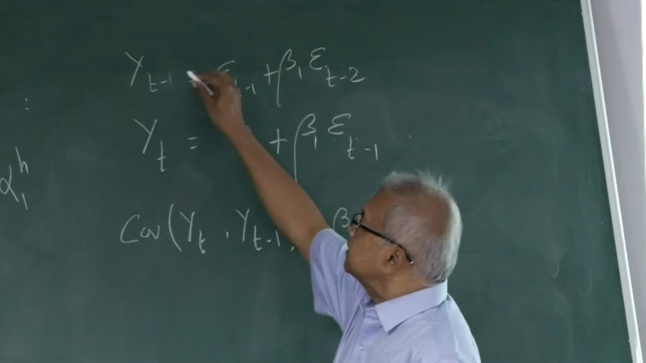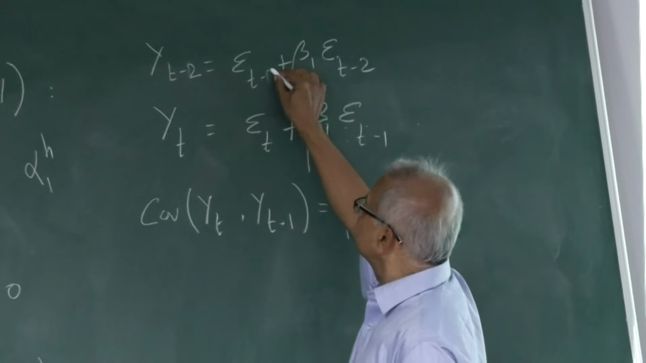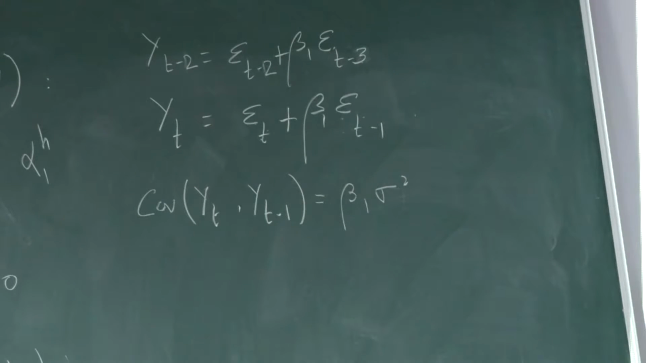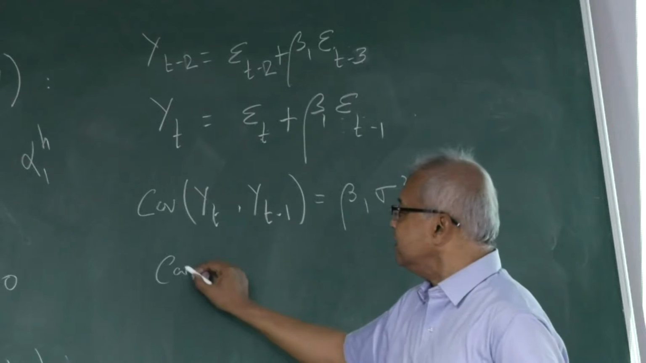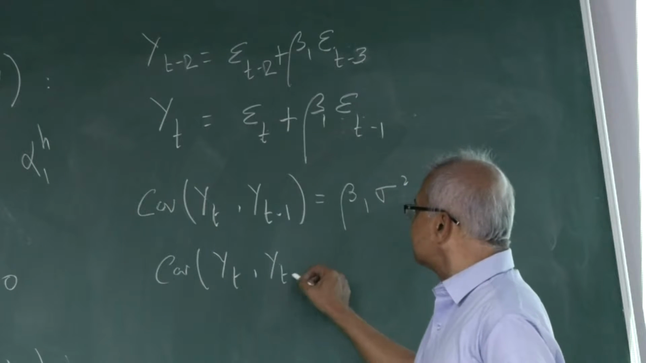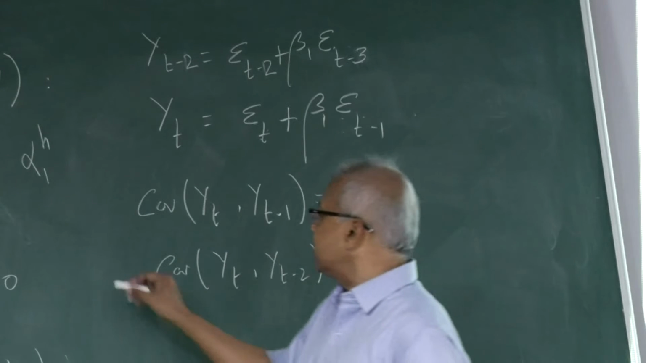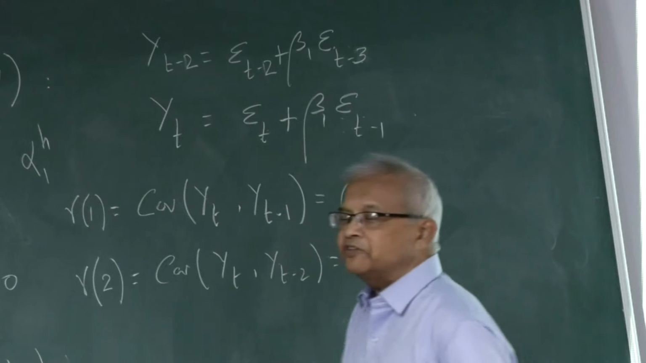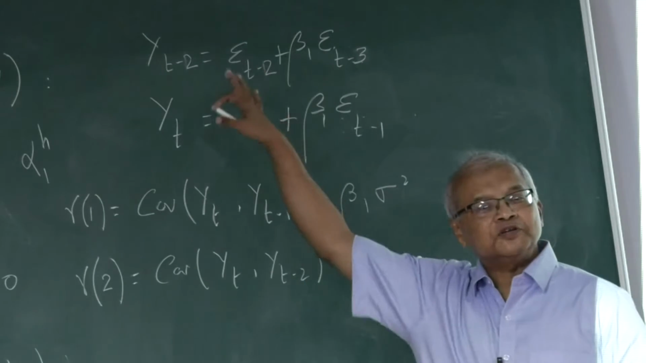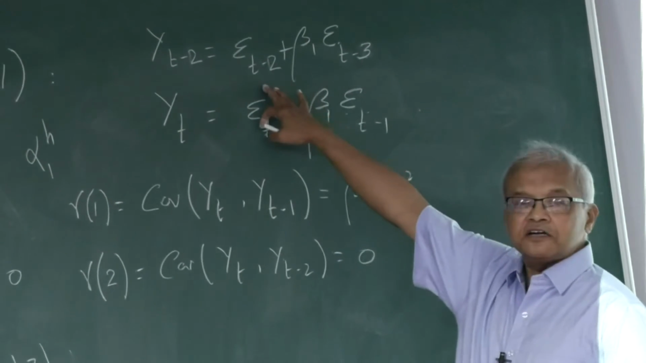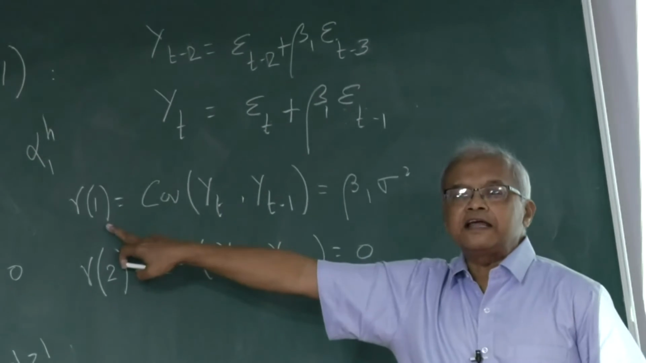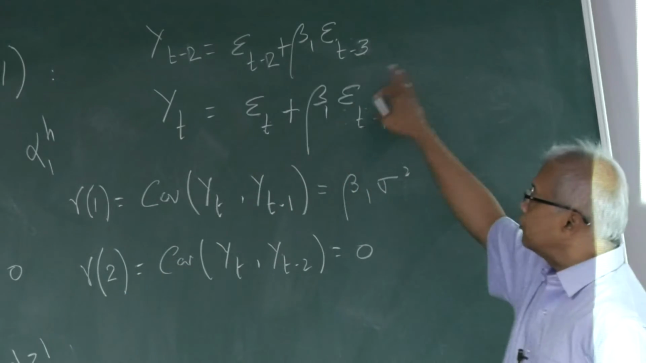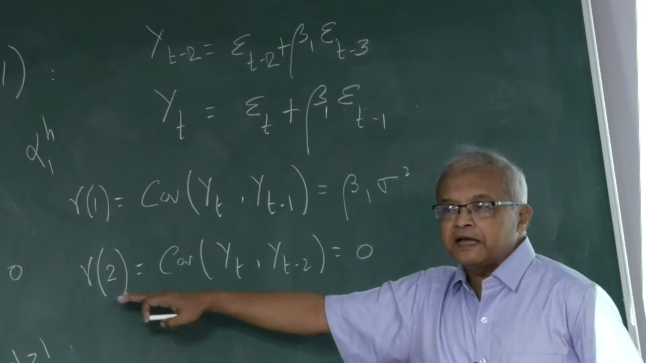What if I take this as yt minus 2? It becomes 0. So covariance between this is 0. What if I take A? So gamma 1 is this, gamma 2 is 0. What about gamma 3? Everything else is going to be 0. So you see, if it's first order, then beyond gamma 1 everything is going to be 0 from second on, etc. If it's second order, then there will be correlations up to gamma 2, and beyond that it will be